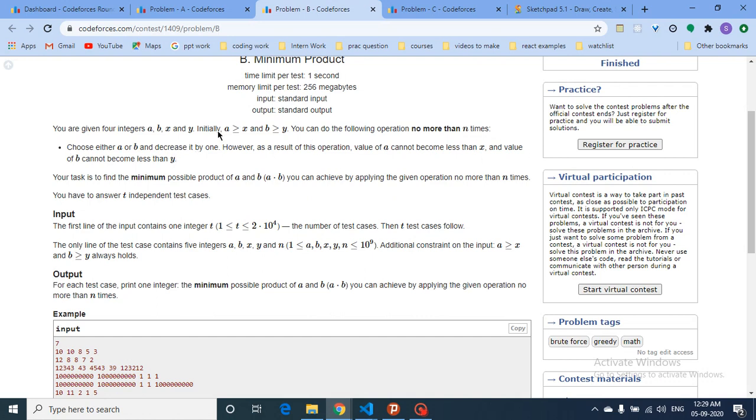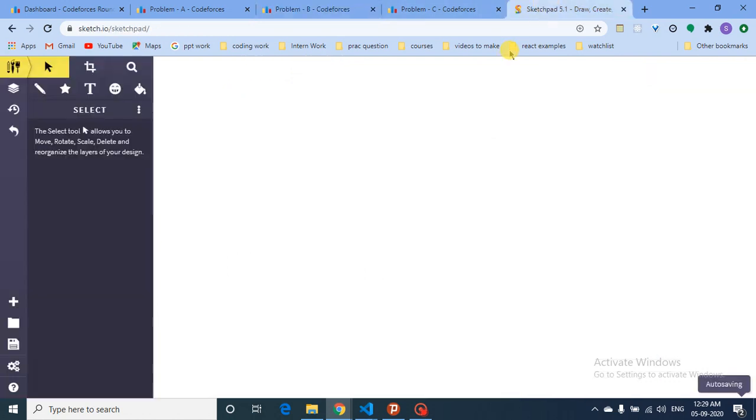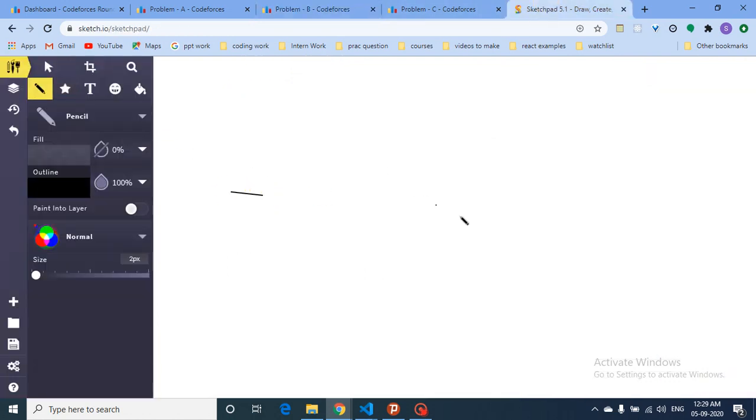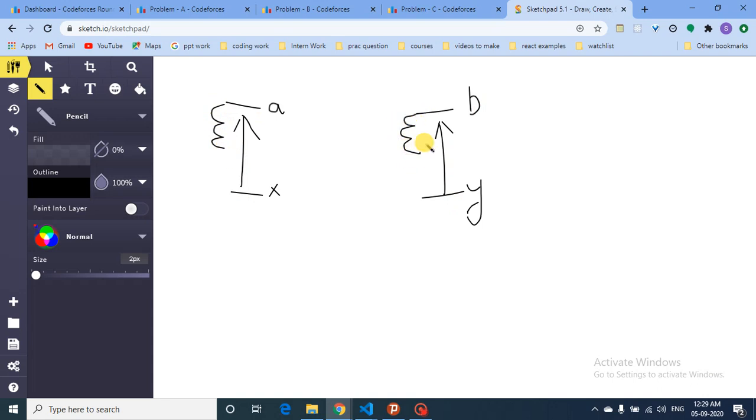So this means that, let's assume there is some threshold value which is x, and like this is y. This is different, and also there are some values which are a and b. Now a is greater than or equal to x and b is greater than or equal to y. In each step you can decrease a by 1 step, 2 steps, 3 steps, and again you can also decrease b by 1 step, 2 steps and 3 steps. You can keep on decreasing a, but you cannot go beyond this threshold. You can reach at most this step.